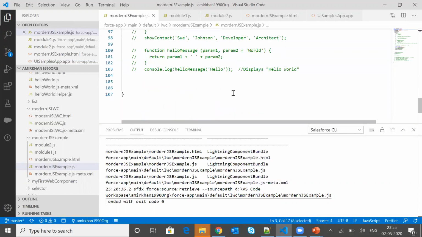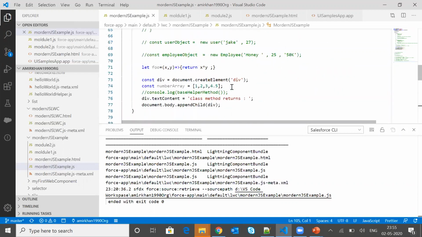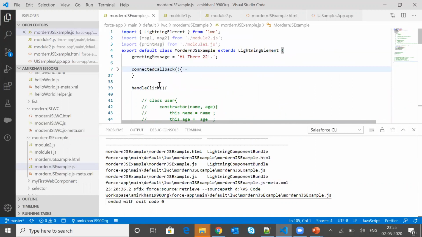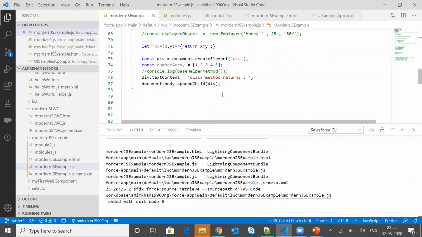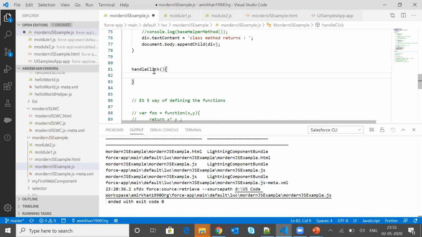Now I'm going to write one more method very similar to the handle click method. I will copy handleClick and paste it here, and change it to handleClick1.